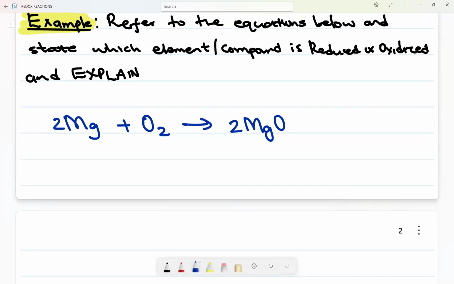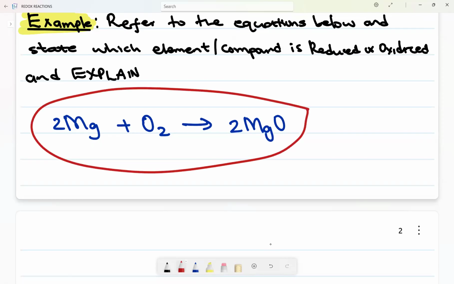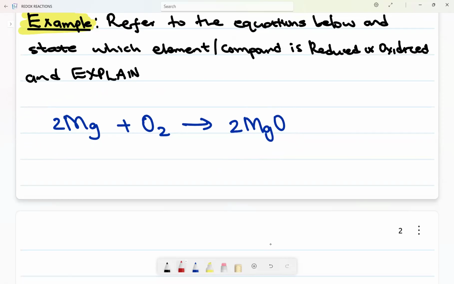Now, how do we find the redox reaction? We need to interpret this in terms of redox. How will we see which one is reduced and which one is oxidized? On this one, I want you to use the definition of